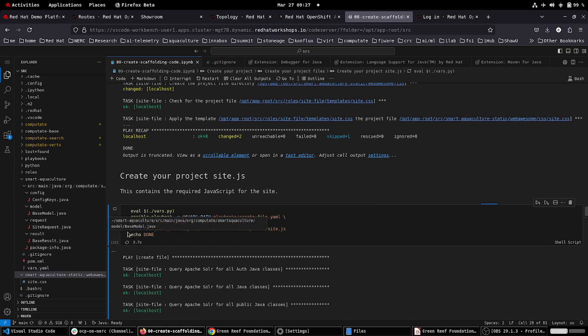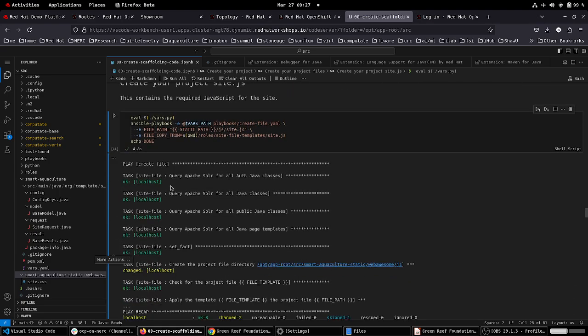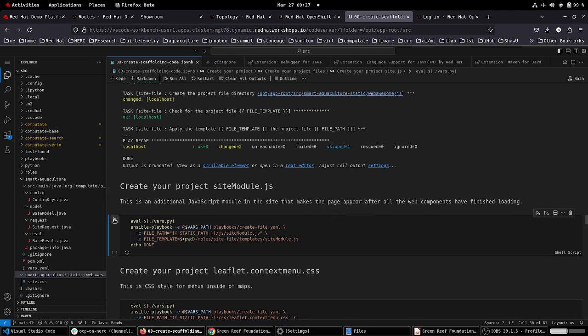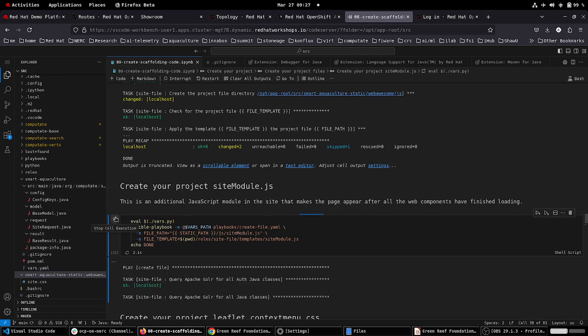And we create a site.js for some basic JavaScript required for the site, and a site-module.js, an additional JavaScript module in the site that makes the page appear after all the web components have finished loading,